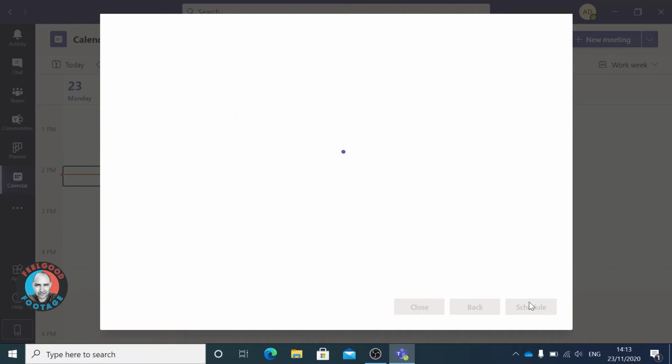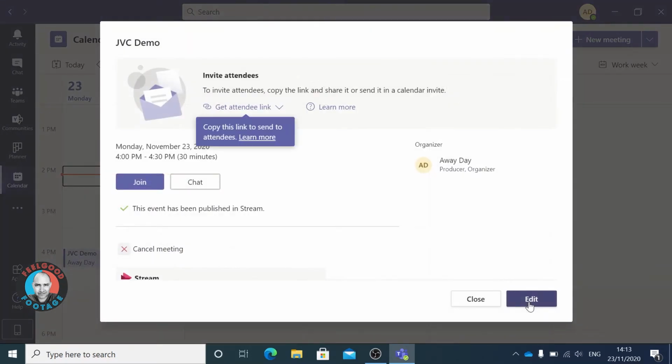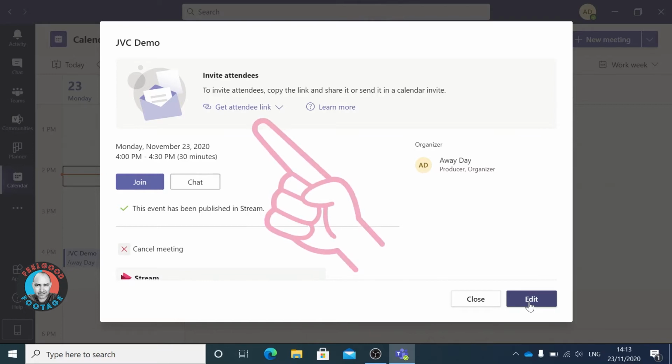So for this example, I'm creating the live event on the day that I'm actually going to stage it, but you could of course be doing it a day ahead, a week ahead, a month ahead, and if so, you'd probably pause right there. The one thing that you would want to do at this stage is copy the invitation link. This is the link that you, or in all likelihood, a member of the business, is going to email to all the company employees that you wish to invite to watch the live event. This is the only link that you can use.